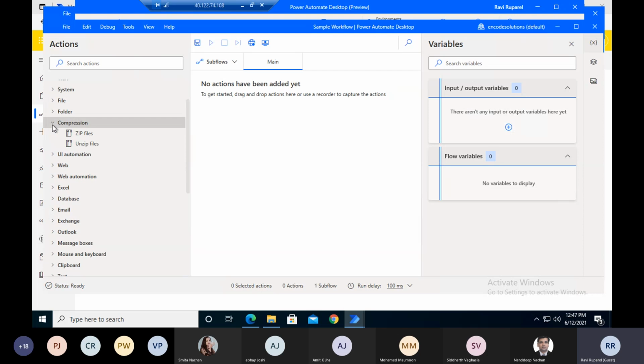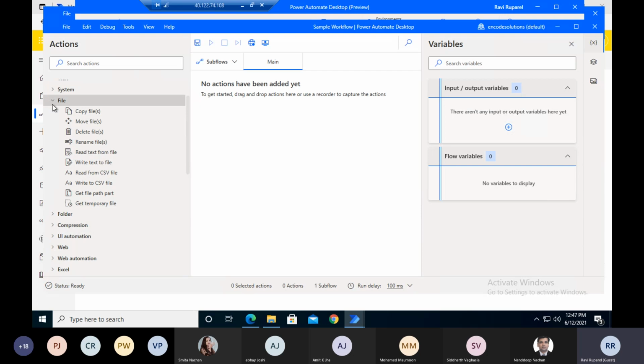If you want to zip or unzip files, there are different actions. There are different actions to copy files, move files, rename files, or add text into a specific file. We just need to drag and drop into the main section, and then configure based on the actions.